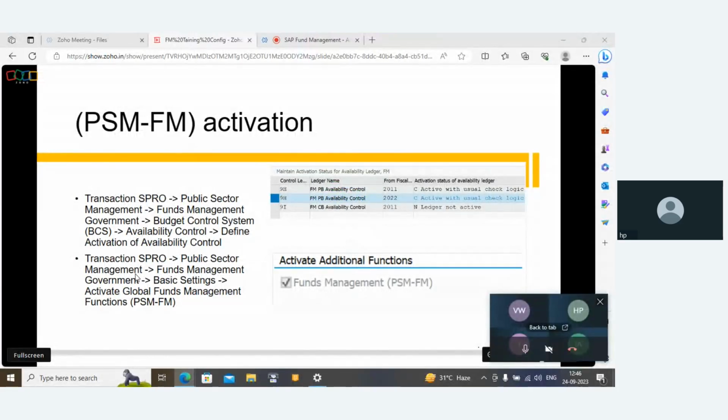So in the next session we'll just do this ledger setting, and then we'll start the processing part also, like entry of the budget, and we might also cover earmarked funds, creation of master data like fund center and commitment, and then entry of budget we will continue. Okay,